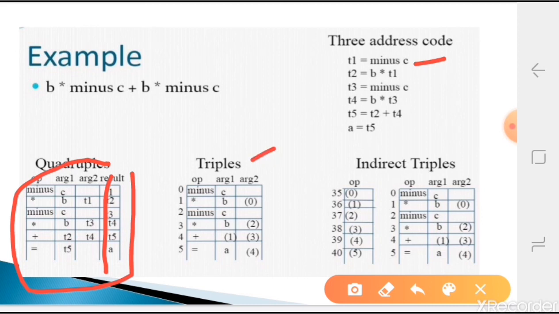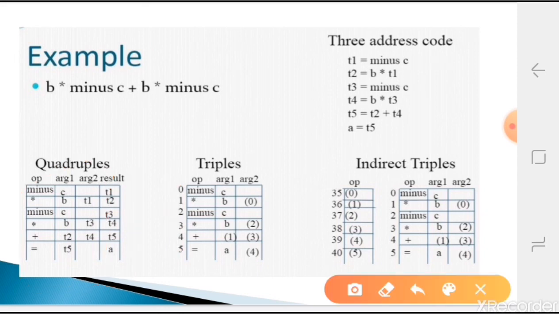Here, the result field will not be used; we just use the index. In whichever index the value is there, depending on that index we directly take it. For example, the expression minus c is taken first, and minus c will be multiplied with b.